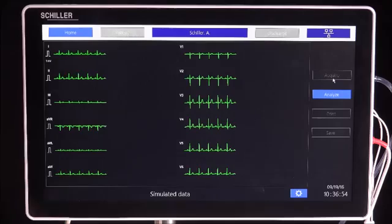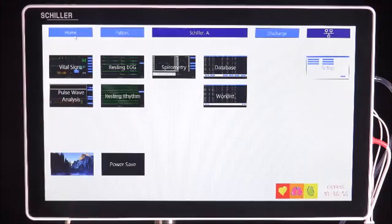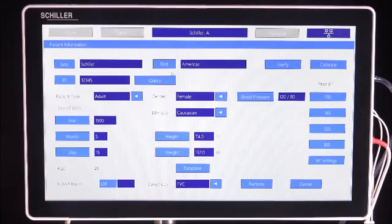The spirometry can be used when the SP250 sensor is plugged in. In order to obtain correct predicted values in diagnosis, it is important that all patient data is entered correctly, in particular gender, date of birth, ethnicity, height, and weight. On the bottom of the patient's